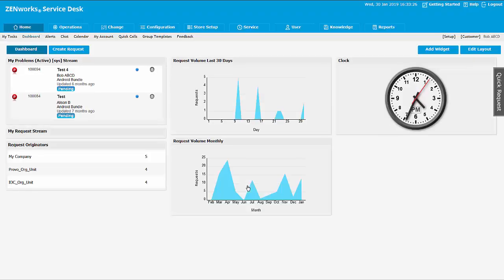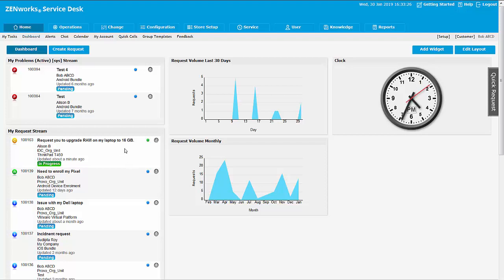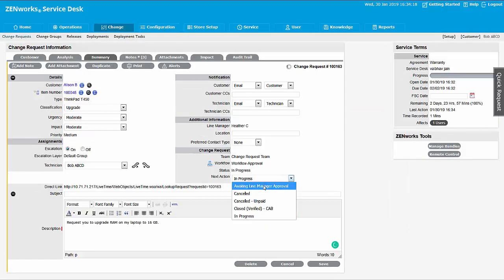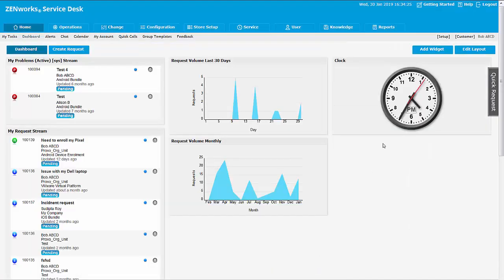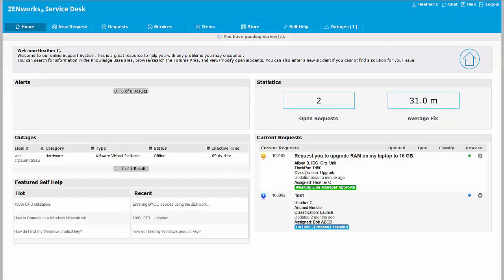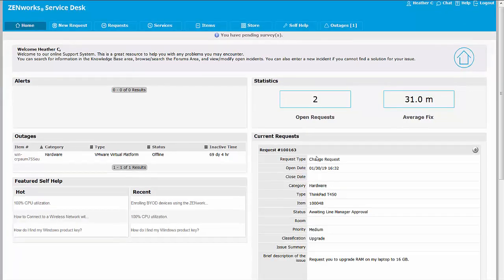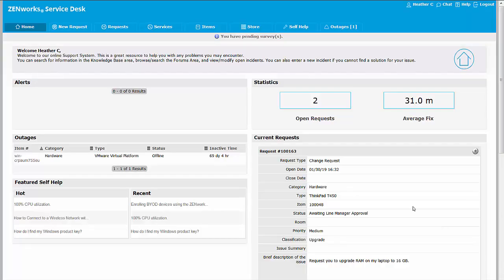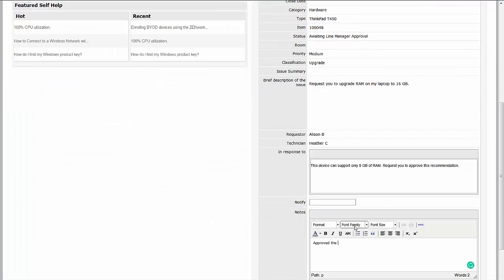Bob discovers that Allison's laptop is not compatible with the requested hardware upgrade. So he adds a note and sends his recommendation back to Heather for approval. Heather looks into the request, replies to Bob's recommendation,